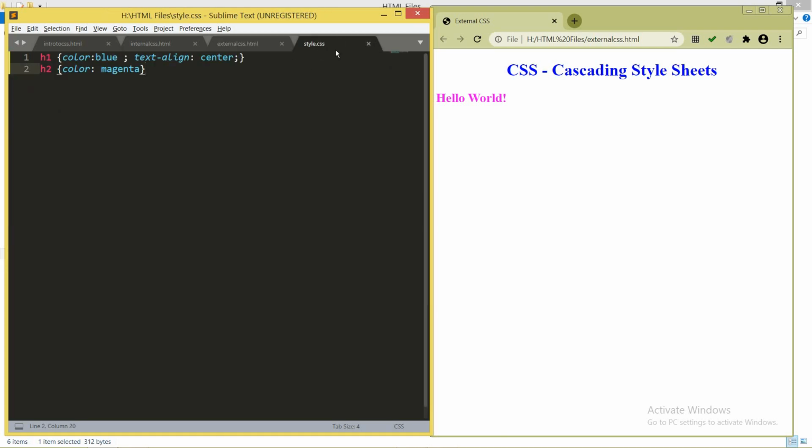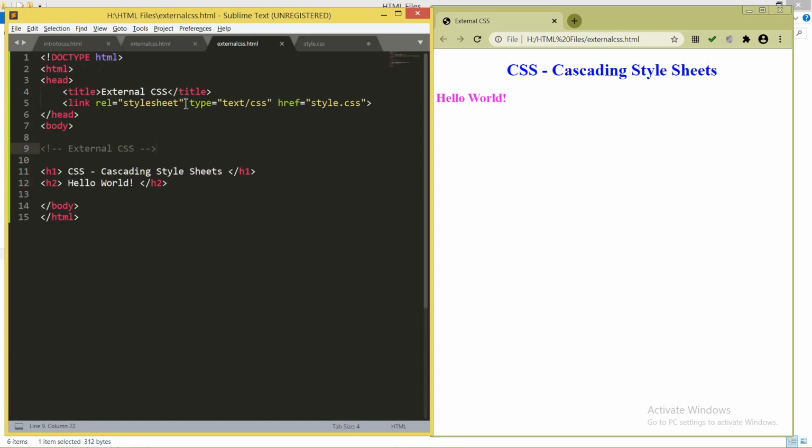Just make a single file, and whatever property you want to define as per the requirement, define all the properties here. Now in all the 20 pages, just link this particular CSS file with the help of this tag before closing the head tag, that is link rel equal to stylesheet, type equal to text/CSS, and href meaning hyperreference, that is style.css.